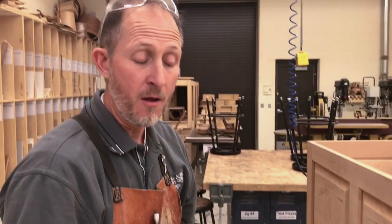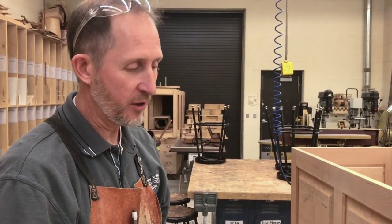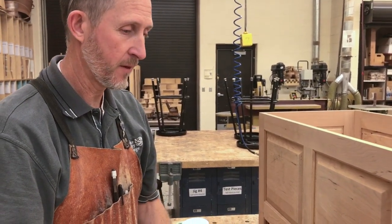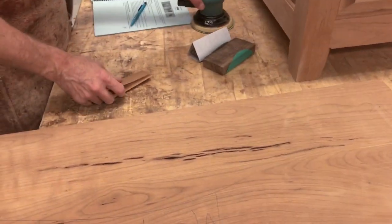And we have to go over everything again. But this time it's much easier. It's a much easier sand. It's a fourth of the time. If it took us 30 minutes to do the 120 grit, it only takes like 10 minutes to do the 150 grit. After 150 grit, then you move to